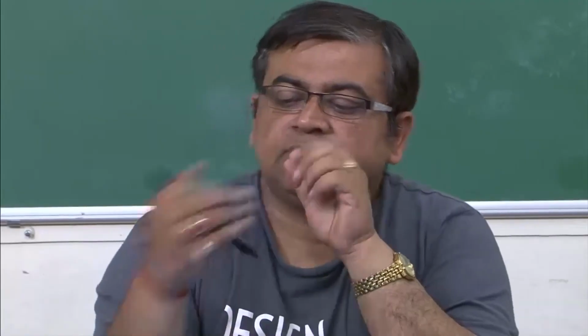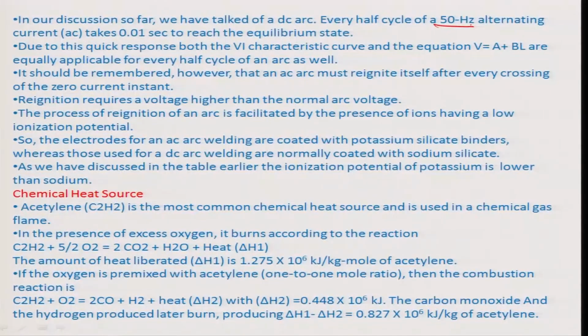we have mostly talked about DC arc, but there is also something called an AC arc, where there is an alternating current of 50 hertz frequency, and basically it takes about 0.01 seconds to reach the equilibrium state. So, this is a quick response system, and although the equation A plus BL is equally applicable, it is true for every half cycle, because the polarity would change after every half cycle, and then the arc may need to get reignited for every half cycle. So, therefore, it is important for the designer to ensure that the coatings